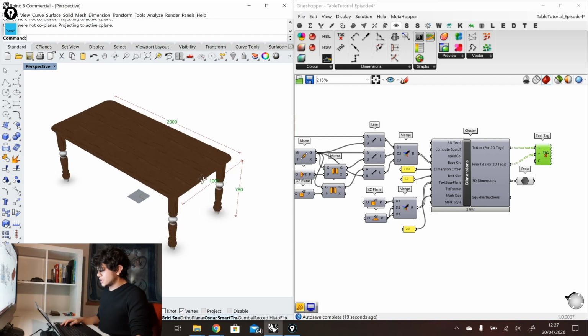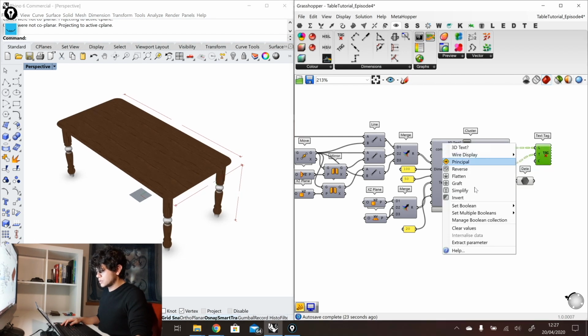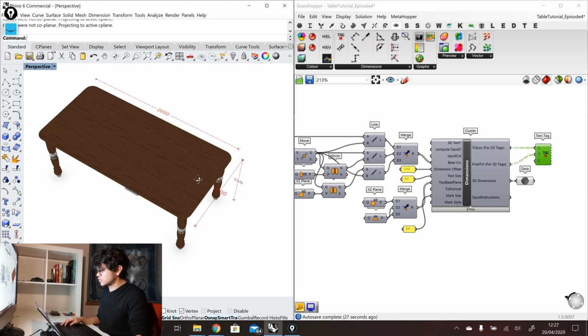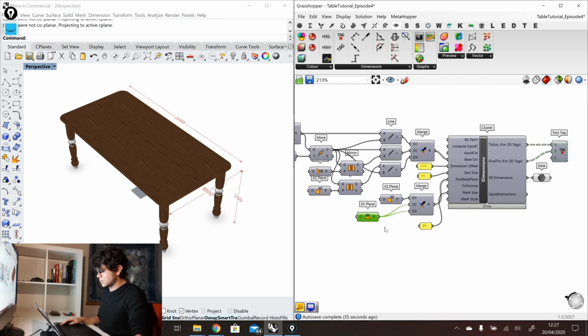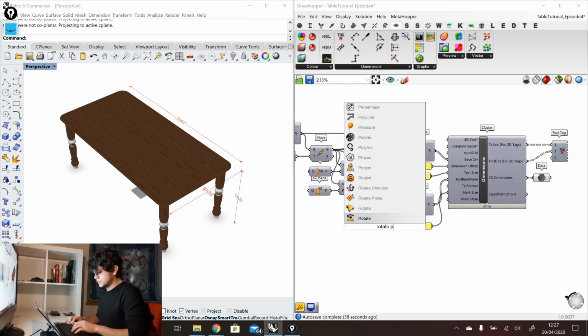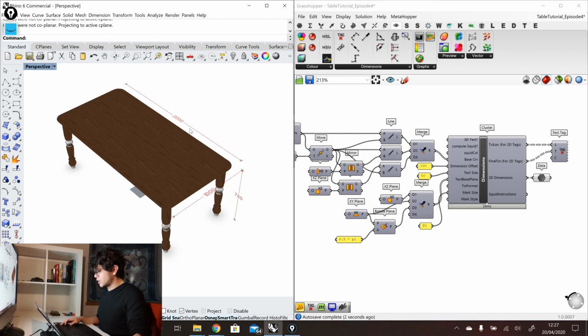In this case, the only problem that we have right now is with the width dimension again, because our dimension should be actually rotated 90 degrees, so it is oriented with the line itself. So to do that, we just need to rotate our plane. Rotate plane. Rotate it 0.5 multiply pi, that means 90 degrees. So now we have everything aligned in the correct way, in the correct plane,